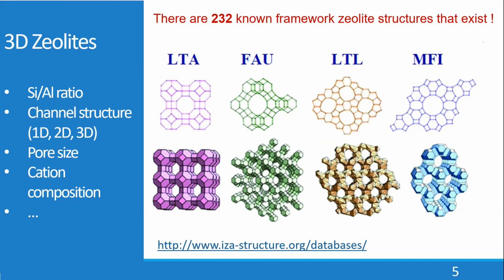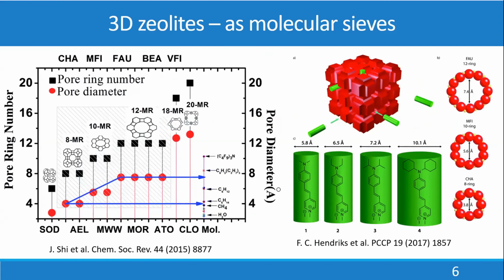And the main difference of these different zeolite frameworks is maybe the structure of channels, because the channels can be of different shape, different dimension, for example, 1D, 2D, 3D, different size, and so on. And of course, we can introduce different cations and molecules inside. So there is a big variety of different porous structures. Maybe the most known application of zeolites is molecular sieves,